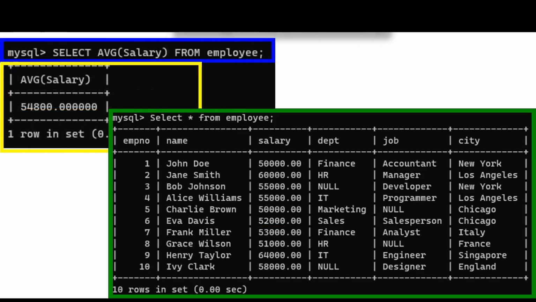Let's learn about using the AVG function. Example 1. Look at the blue box. We type the statement, SELECT AVG(salary) FROM employee; This command uses the aggregate function AVG to calculate the average, mean, value of the salary column for all rows